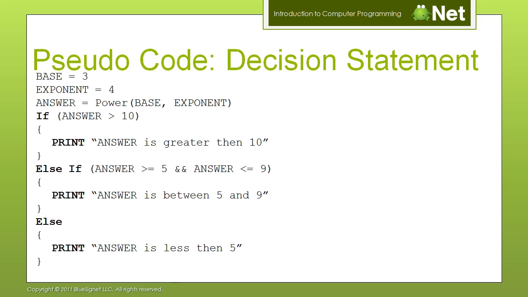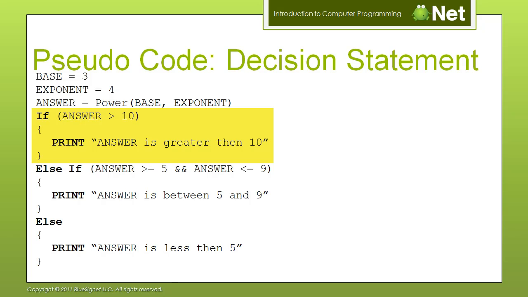So let's take a look at a further example of using the power function and a decision statement. We start out with the base is 3, the exponent is 4, and the answer is going to be stored as the result of the power function passing the base is 3 and the exponent is 4. So that's going to be 3 to the power of 4. And then after we get this answer, we're going to do some logic. We're going to say, if the answer, so if 3 to the power of 4 is greater than 10, we're going to print to the user, answer, which in this case in our pseudocode is going to be the number,